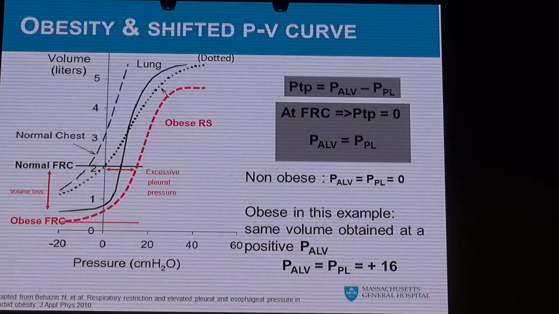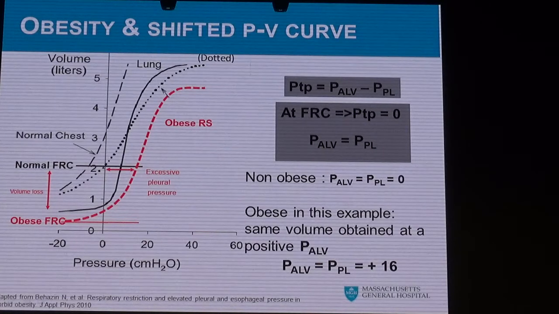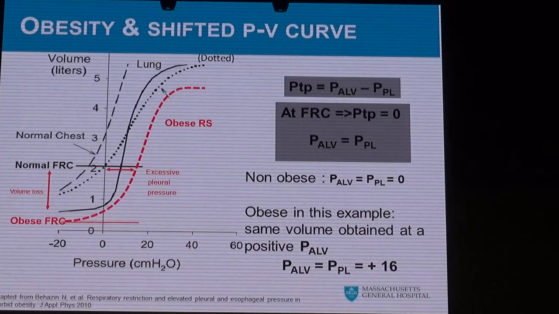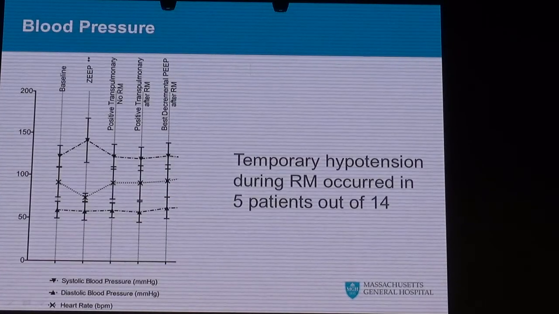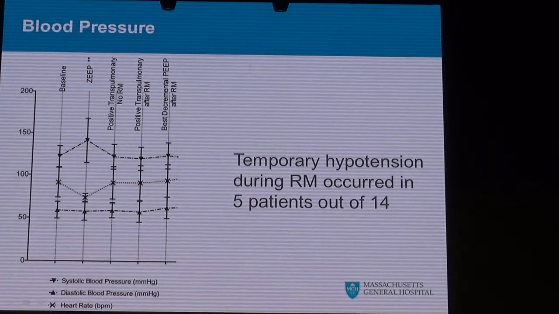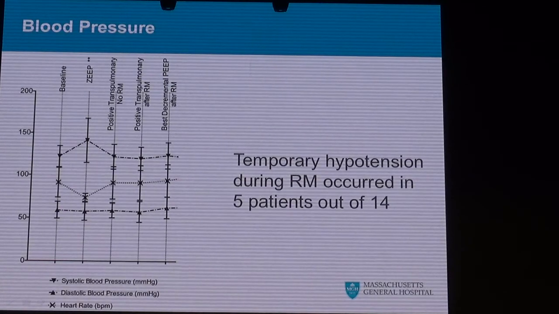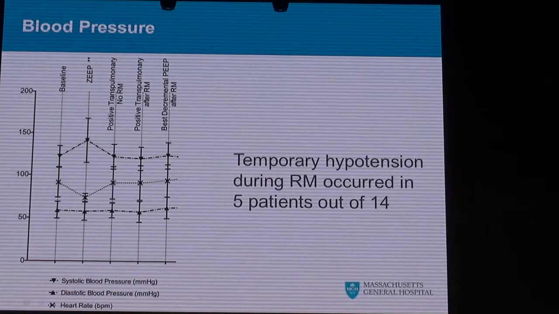This is like suggesting extreme severe ARDS. But that's not true, because the compliance and the PV curve of the lungs is exactly like normal if you move the curve to the right, so by increasing PEEP. And then for hemodynamics, patients were stable, also during the recruitment maneuver, as reported by many. There was just a slight decrease in pressure, but overall hemodynamics remained stable.